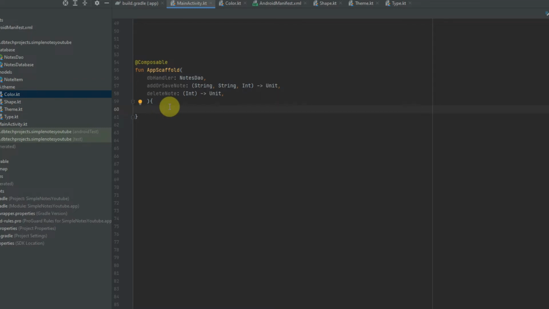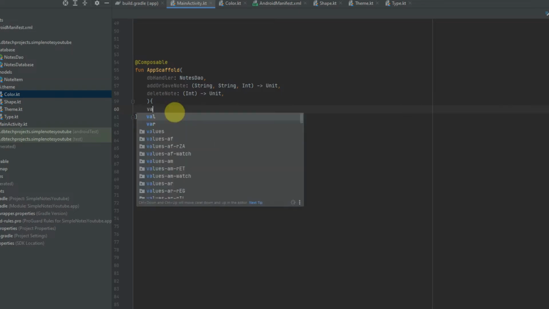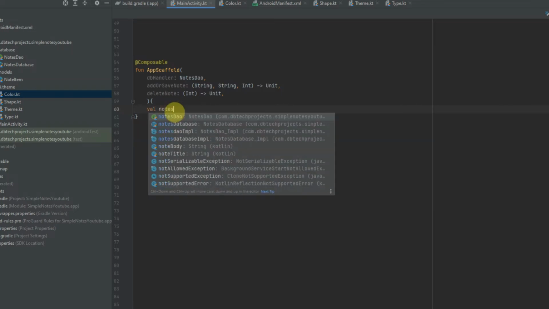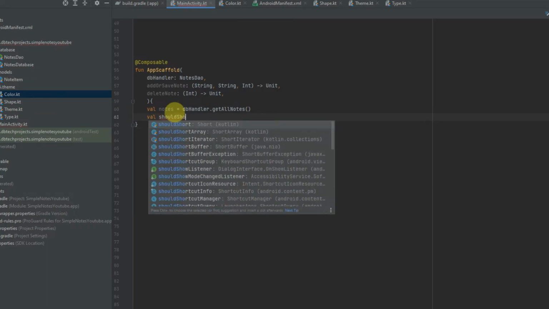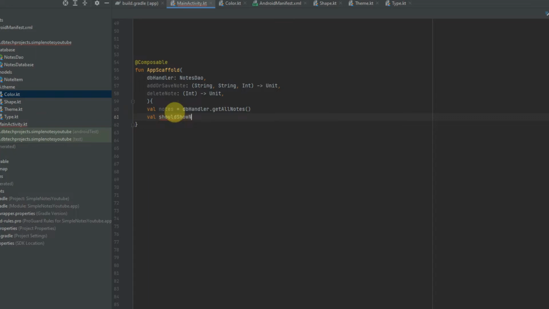So these are things like whether we should show a note dialog or delete dialog, or whether the bin drawable has changed like in the previous app. So the first variable is going to be our list of notes. So note equals db handler dot get all notes. Next we have should show note dialog,